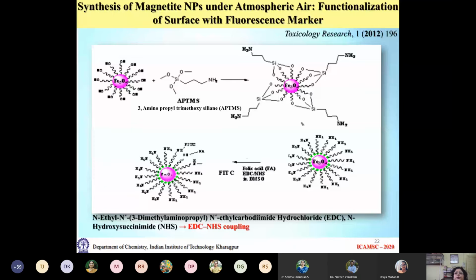So here what you are doing, you see the design which we are making. First we have made the magnetite nanoparticle. Then we have to functionalize that nanoparticle. So we functionalize that nanoparticle with, say, some acidic OH groups or COOH groups on the surface. Then we use amine attachment. See the amide attachment here. What have we used? We have used